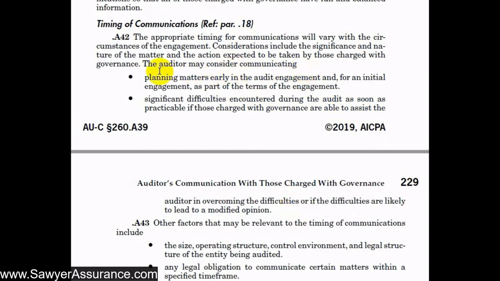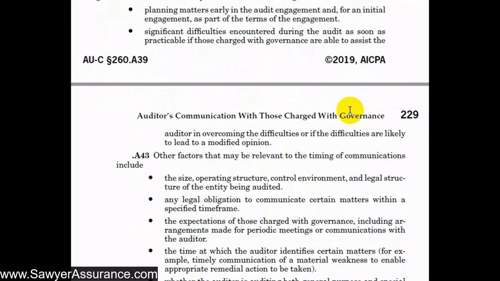So certainly we would want to communicate the planning matters really early in the engagement, obviously, so that we can put our audit plan together. And also, certainly, we wouldn't want to wait until the end of the audit to finally inform those charged with governance of any findings or issues or significant difficulties that we encountered, because if we let them know about these as soon as possible, we might be able to resolve them as soon as possible and not get to the end of the engagement and have to rush around and try to fix things